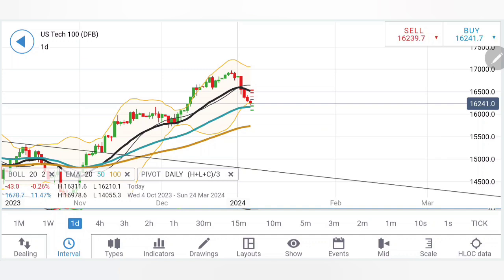What does it mean to you? It means that as long as 16360 is not taken, it can reverse again any point of time. Thus, you have to put your stop losses. And in fact, 400, 430 is the next milestone. On the downside, for a selling entry, I will recommend below only